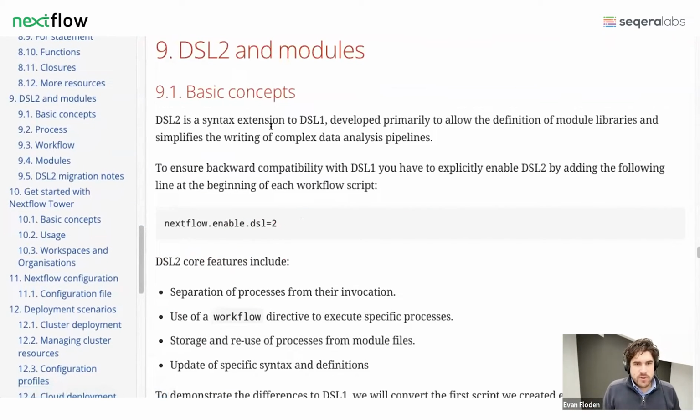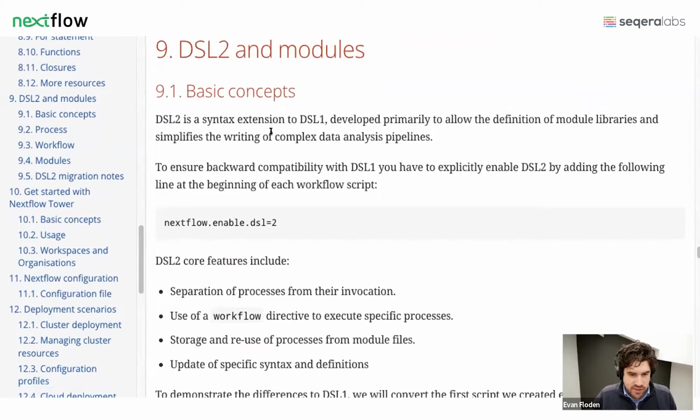How can you distinguish between the two? How does Nextflow distinguish? Well, Nextflow is completely backwards compatible. So Nextflow will always be able to run whichever way that you want to write the pipeline. To specify DSL2 specifically, you can put this at the top of your workflow